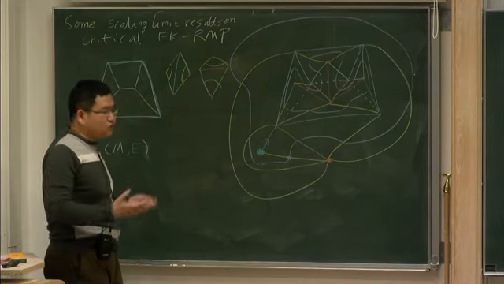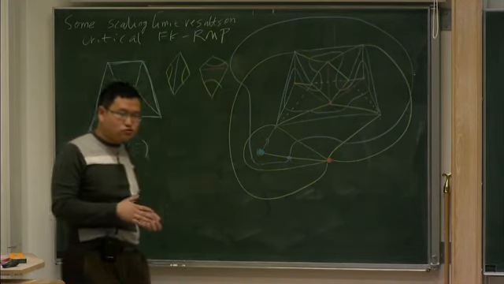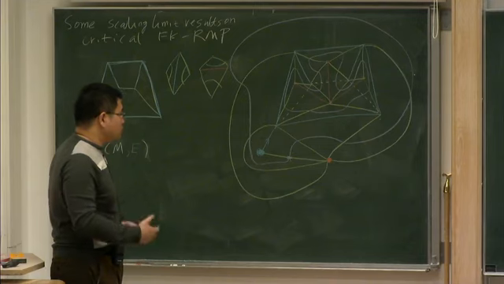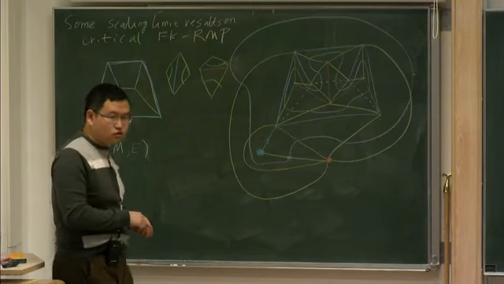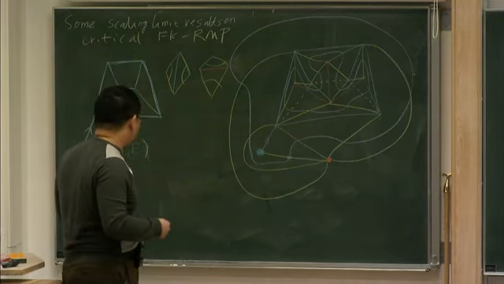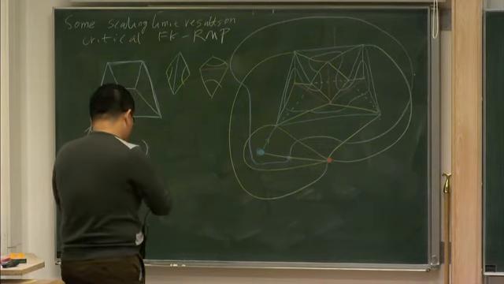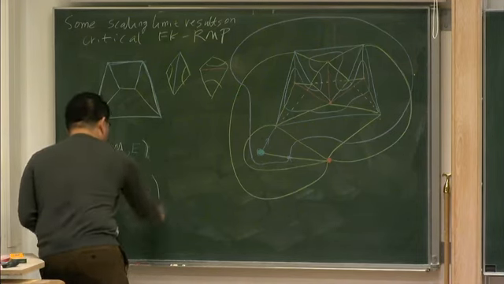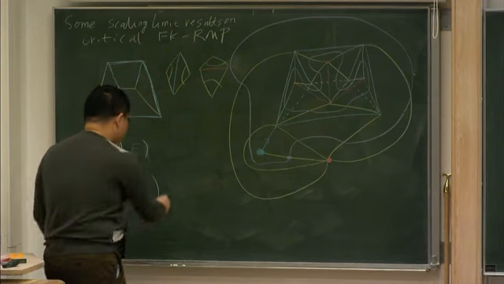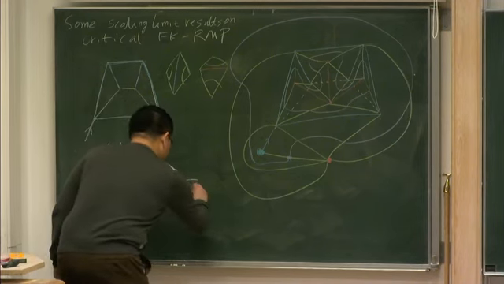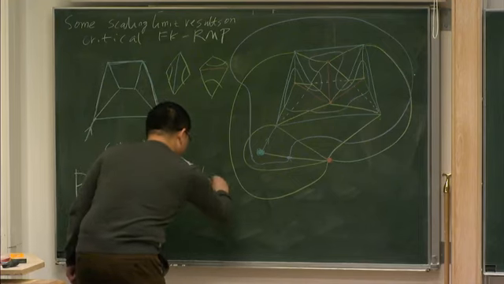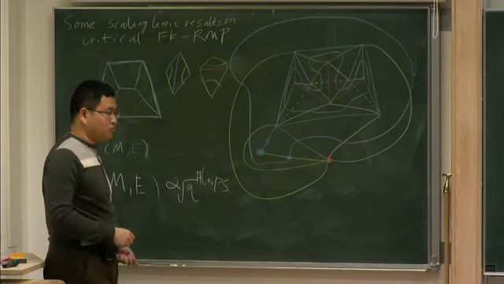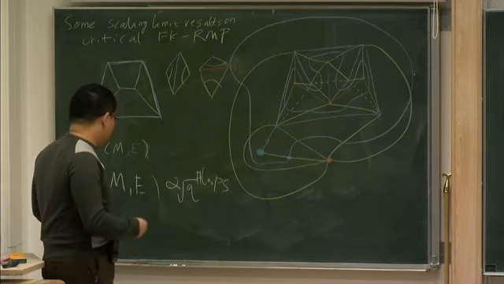Right. So now you have a collection of loops, and this collection of loops encodes the information of this pair. This is very classical in the FK model. So now I want to assign some weight to this pair. The way you do it is you let the joint distribution of M and E be proportional to the square root of Q to the number of loops. So Q is a number between 0 and infinity. And if you do this,